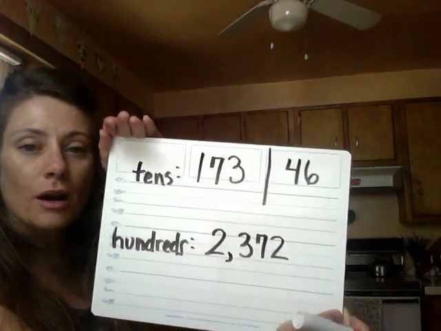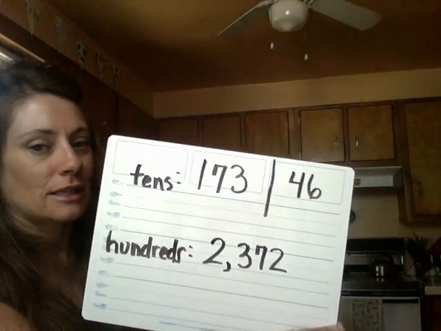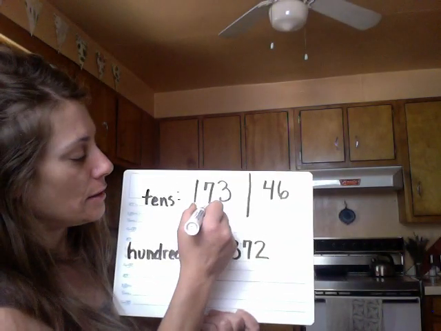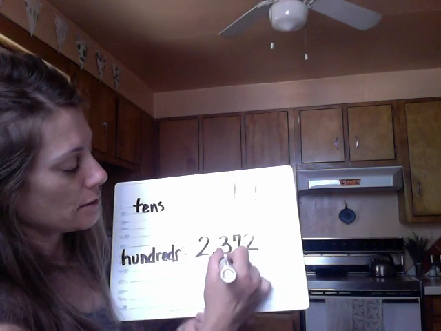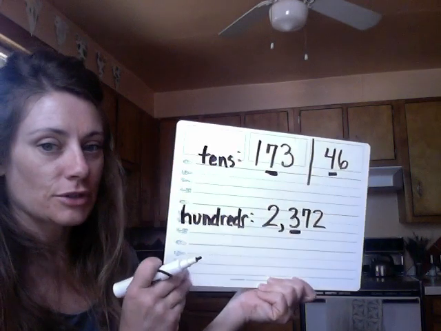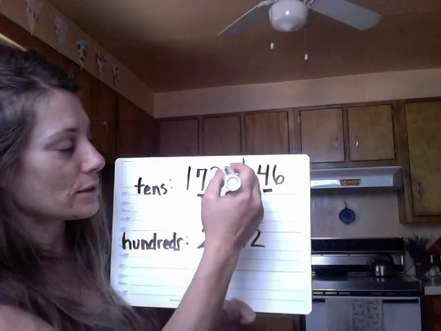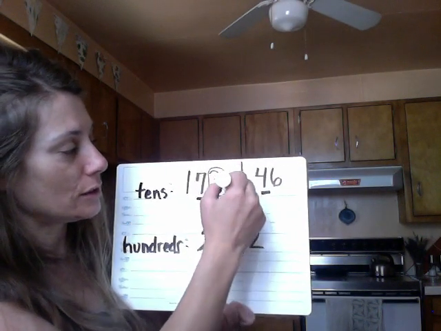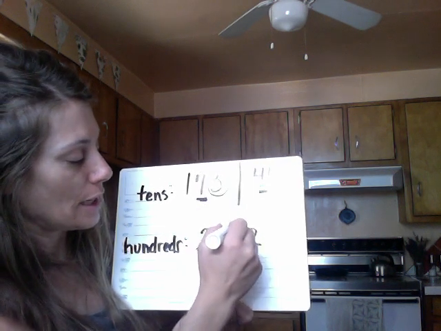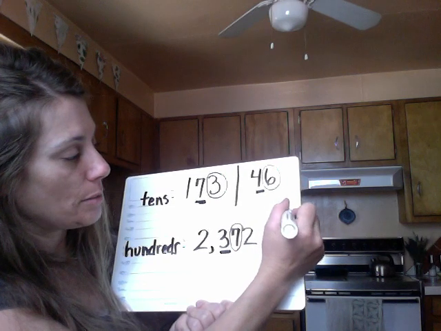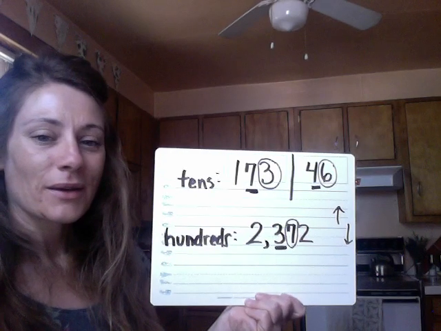Remember to first mark which place value you're rounding, because that'll help you. So for 10s, mark the 10s. For 100s, mark the 100s. And then the last thing I want you to do with me before I set you off to do it on your own is we're going to circle the number that we're actually going to look at to do our rounding. Remember? And then you're going to ask yourself, am I going up or down? I'm excited to see what you